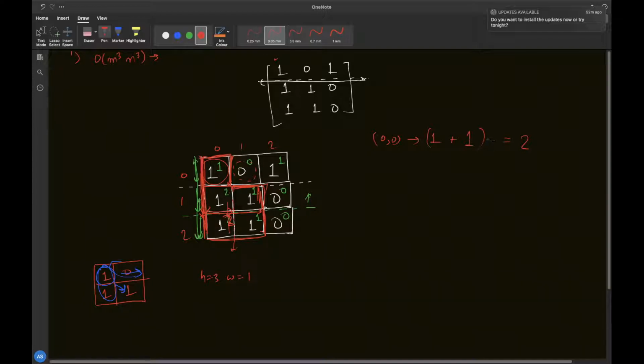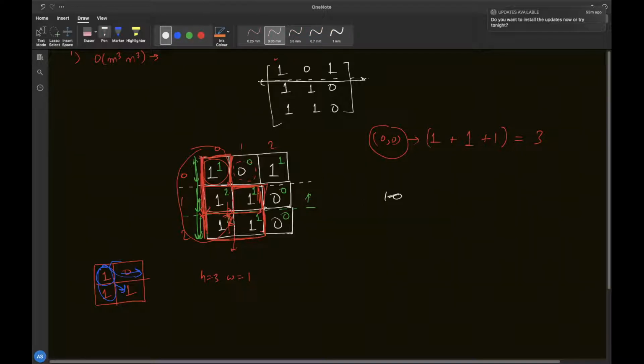So here, if we add the third row as well, this will be plus 1, this big rectangle I'm talking about, and then this will be 3. So with 0 comma 0 as the top left corner, the only rectangles you can form are 3 rectangles. And let's see what those 3 rectangles are.